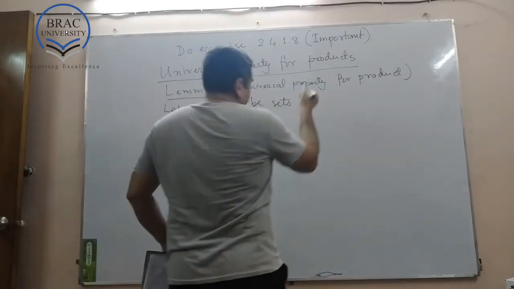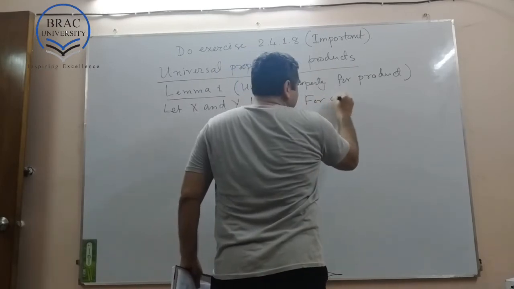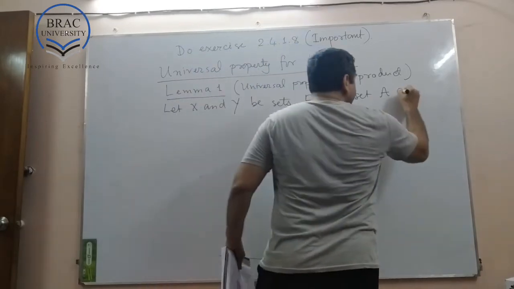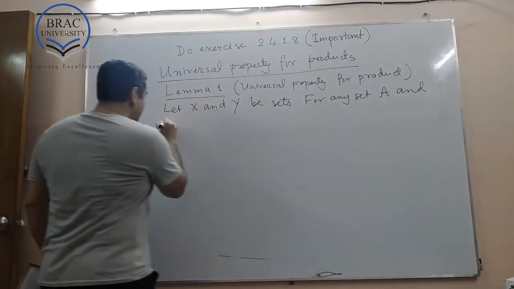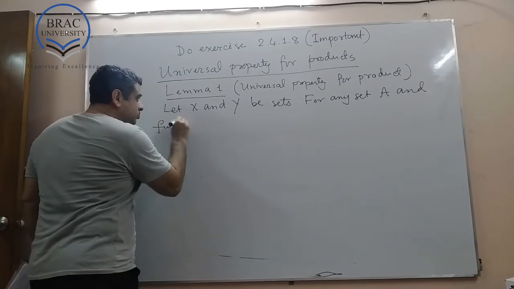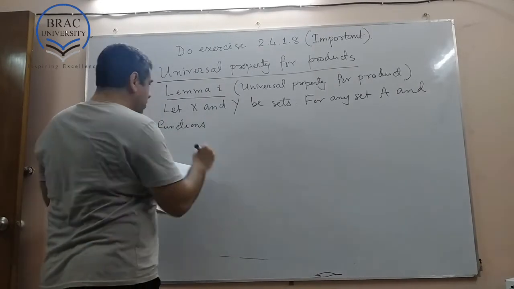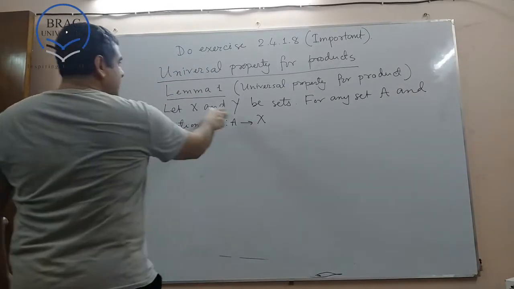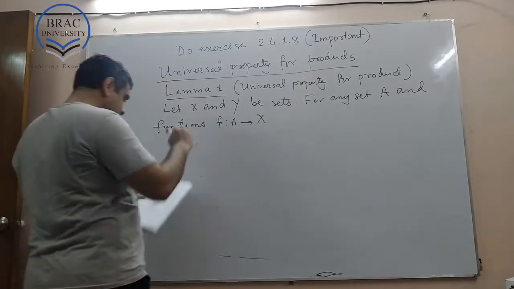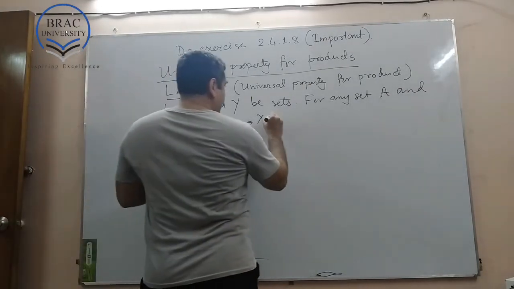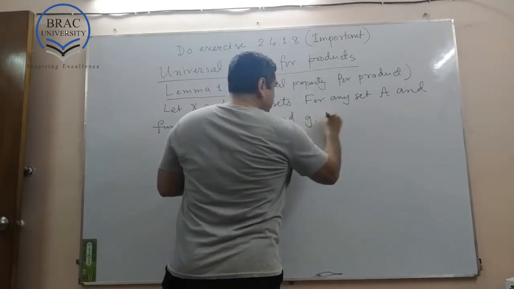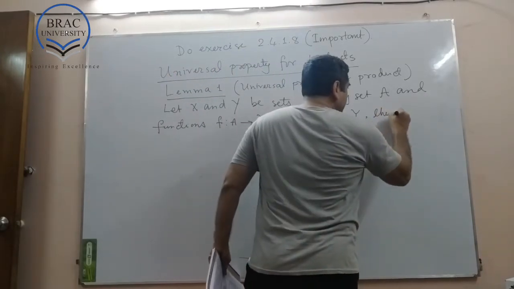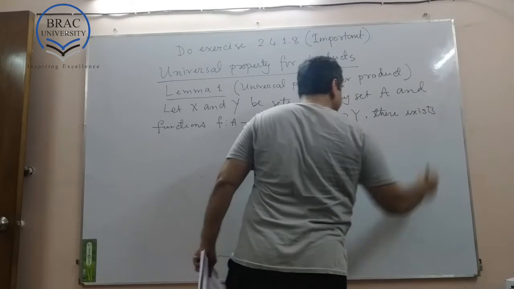For any arbitrary set A, and functions f, which are also arbitrary functions from A to X, so we are given two sets, then we choose any set A and functions, and g, a function from A to Y, there exists a unique function,